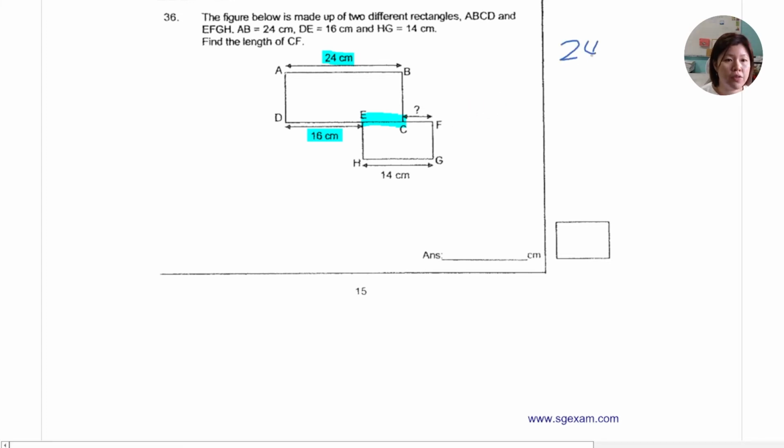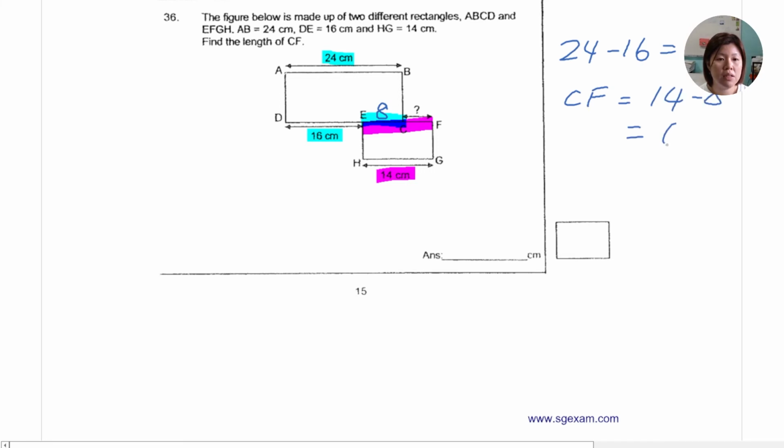So you can put 24 minus 16, which gives you 8. So this part is 8. And we know that 14 is here, which is also equal to here. So we can find my CF now, which is 40 minus 8, 6 here. Okay,